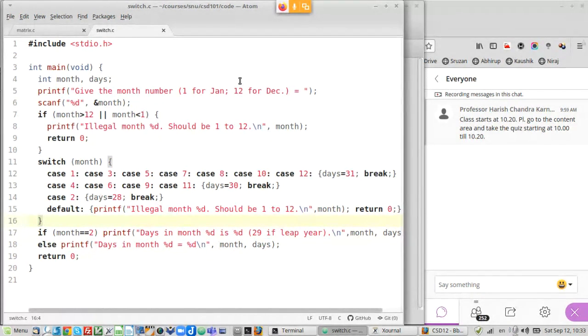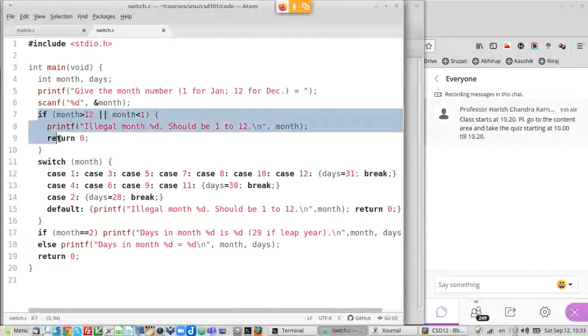Now there is a different way to do this, but this particular program is actually using the switch statement. You can see here it reads an integer which is supposed to be between 1 and 12, and if it's not between 1 and 12 it prints this, but we can get rid of this actually by using the case statement.